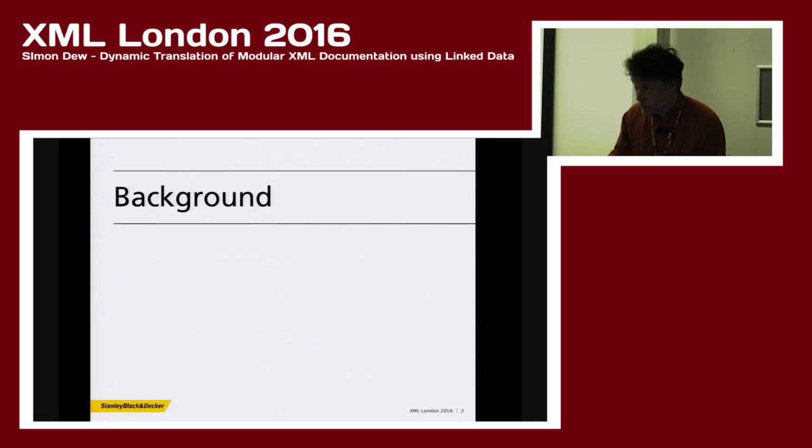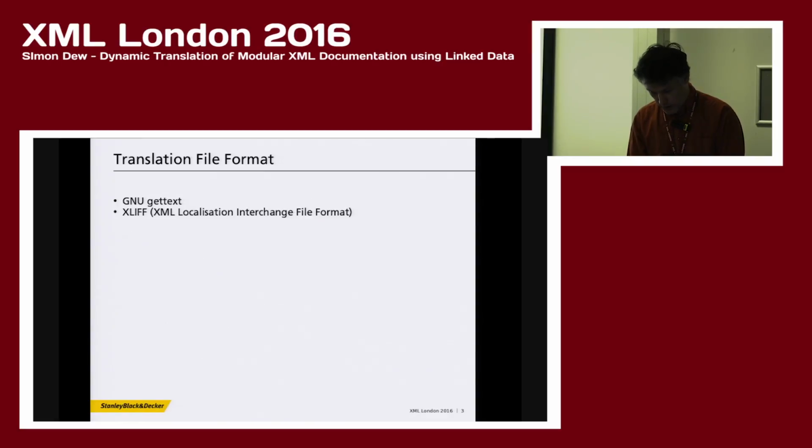So happily, we were using XML file formats, DocBook for documentation, SVG for images, so we could use all the tricks like single sourcing, conditional processing, to handle the rebranding and the publication. But in this particular presentation, I'm going to talk about what we did to minimize the cost and effort involved in translation. So I'll just talk a little bit of background about the file formats that we chose to store